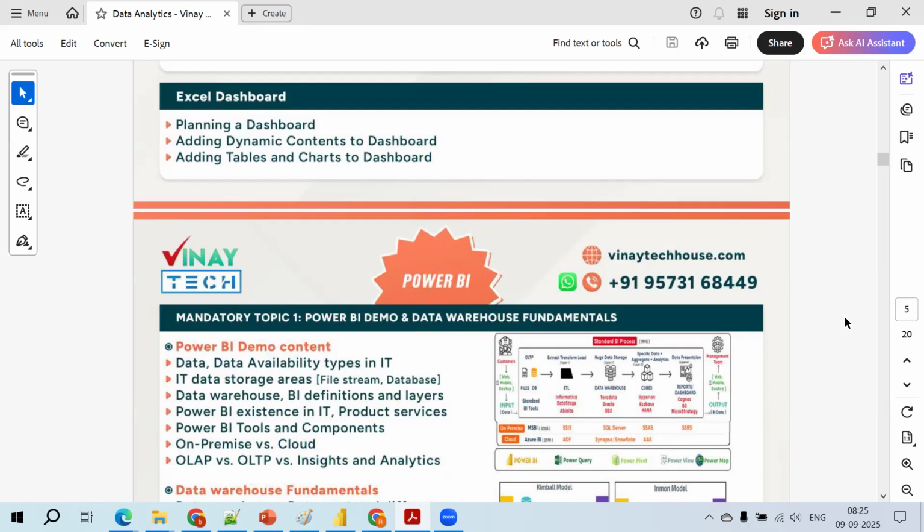And what do you mean by star schema? Before that, we need to understand what do you mean by dimension table? What do you mean by fact table? How do we relate these two? And what do you mean by star schema and snowflake schema? What is the difference between these two? Which is a really important question. Can you please explain the differences between star and snowflake schema? Wherever you go, friends, you can see this question.